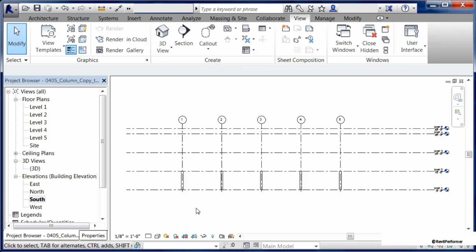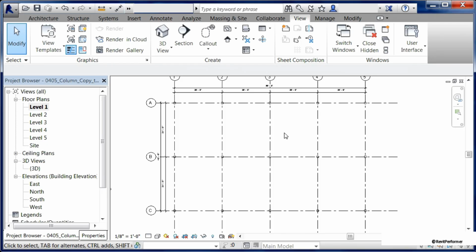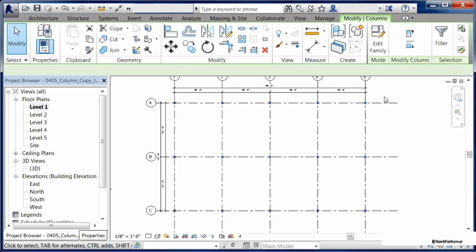So to be able to do this, our best bet is actually to go into a plan view and select the columns from there. Double-click underneath the Level 1 floor plan views. Zoom in so we're in a spot where we can see the most of our columns. Move your mouse down, get fairly close to the farthest left and bottom column that we can. Click, hold your mouse button down, and draw a window around each of those columns. And then just let go whenever you're done.